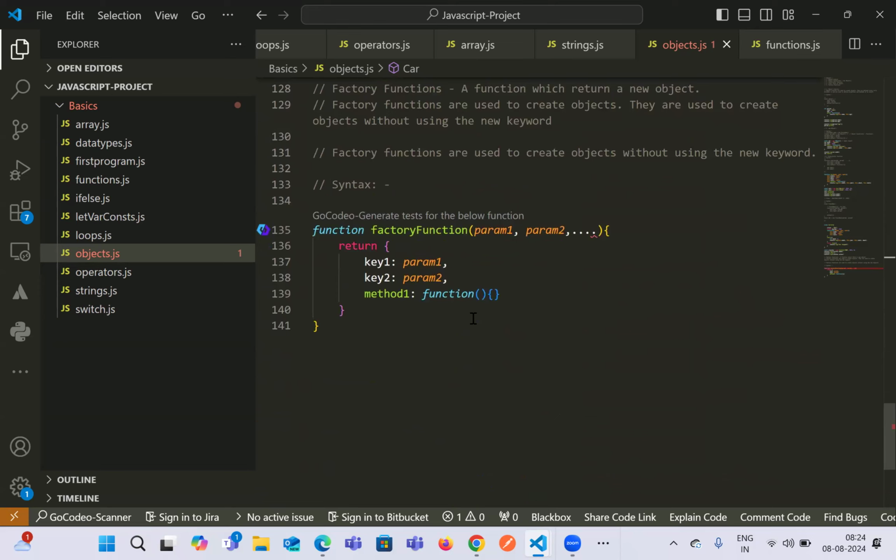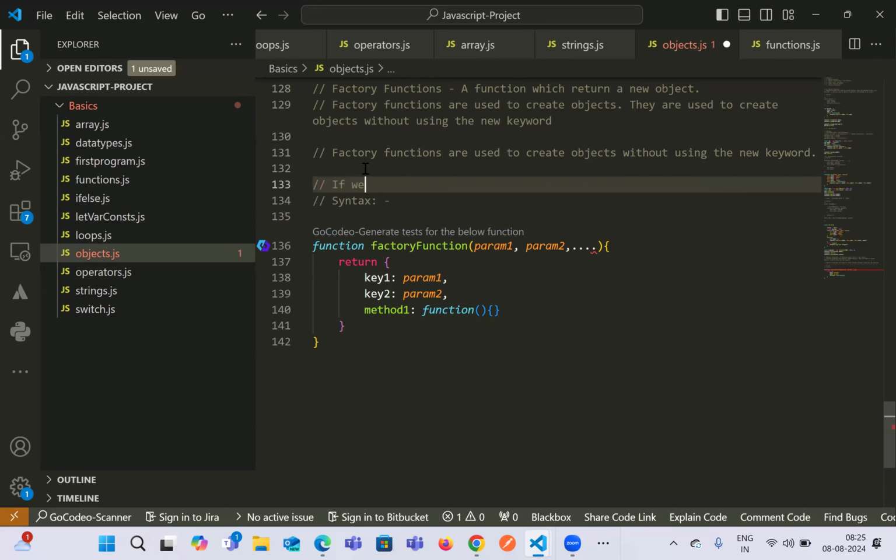So, okay, understood, factory function. What is a factory function? What is the use case of this? In real time, factory functions are very useful when we need flexibility in object creation. That means whenever we want to avoid using the this keyword and the new operator to create an object. Let's say I do not want to use the this keyword to initialize the object or the variable, and we do not want the new keyword. Though we use factory functions a very small number of times, but let's say if we do not want to